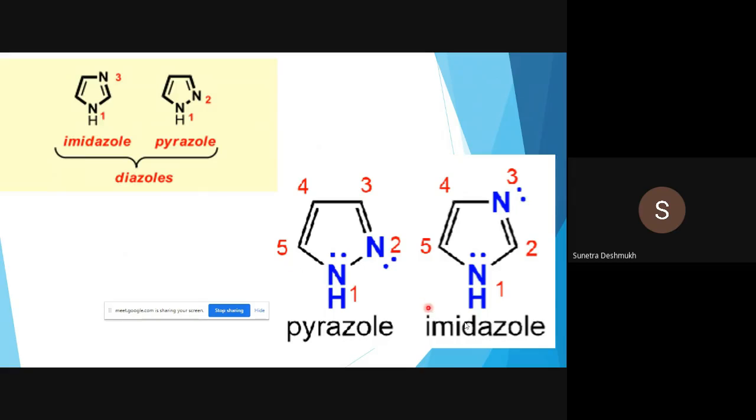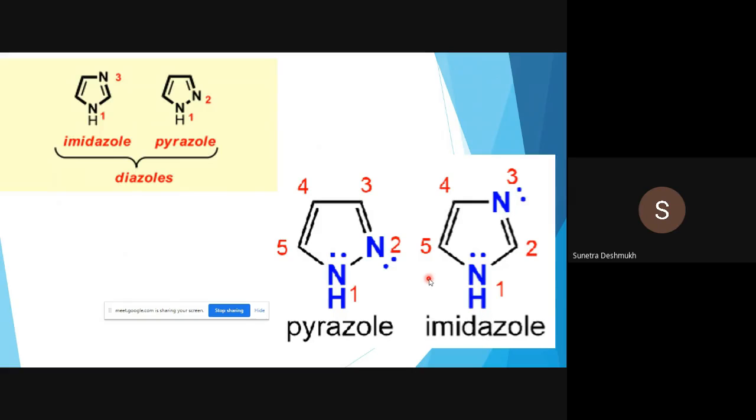So what will be the case in imidazole? As usual, the nitrogen atom which holds the hydrogen atom, you have to number first. Then the direction is from where the second nitrogen atom is closer. From here this nitrogen atom is closer, only one carbon is in between these two nitrogen atoms. That's why we number in the anti-clockwise direction. First number, second number carbon atom, third number nitrogen atom,